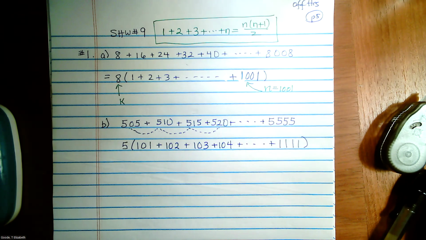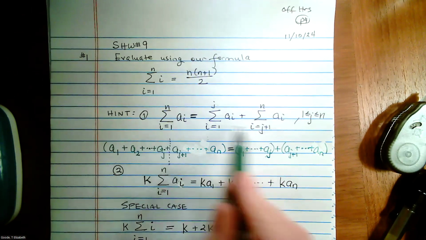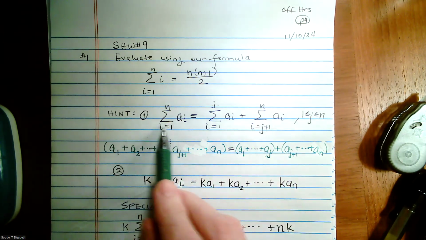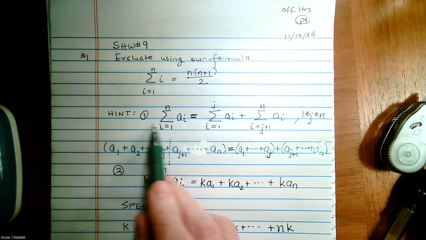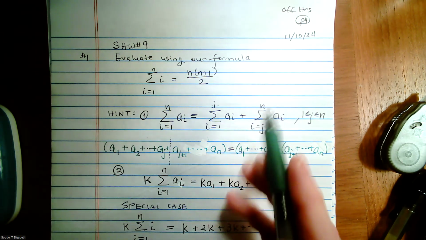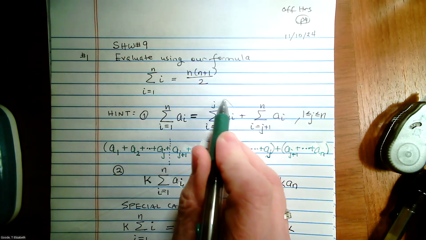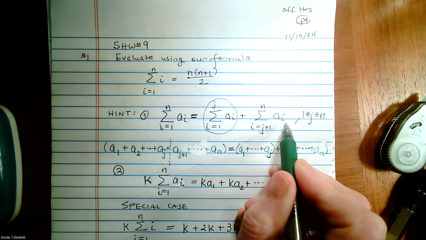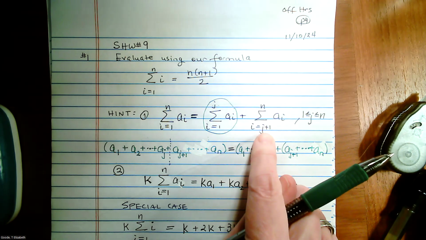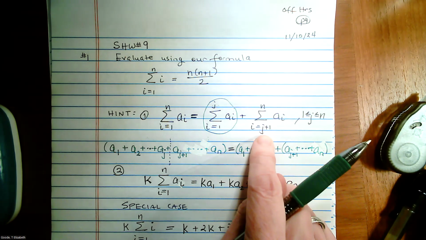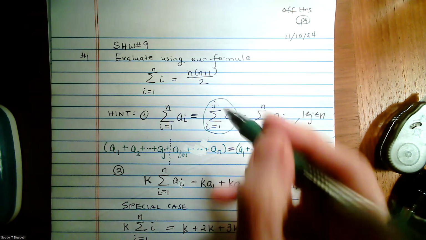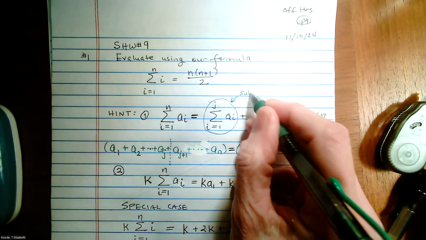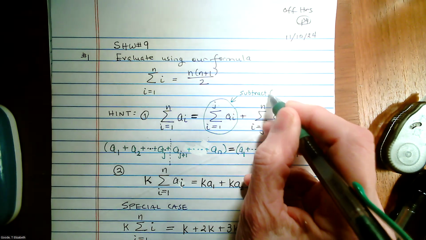So we have to use hint 1 that says it's okay to shift, because if we look at this hint 1, we can subtract this sum from both sides. And then this sum will start in a shifted way down at j plus 1. So if we subtract from both sides of the equation,